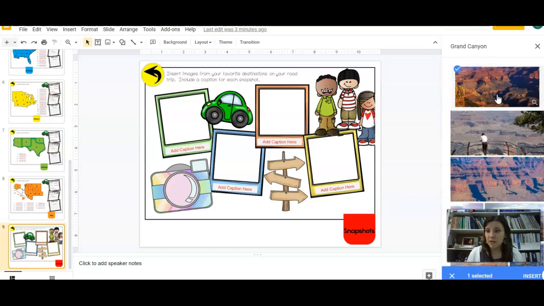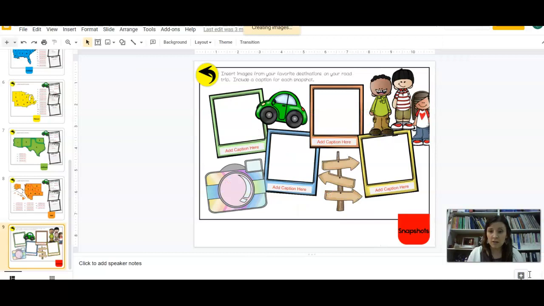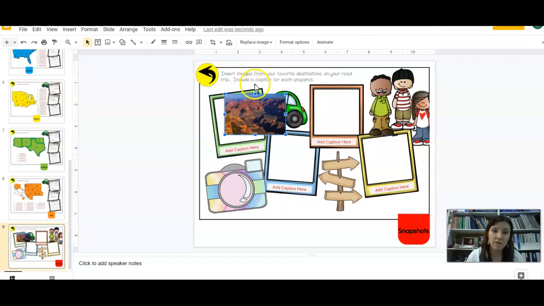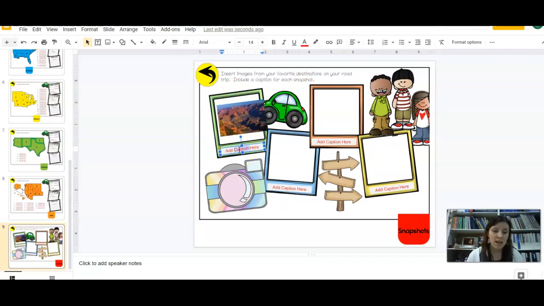We'll say I just like this one first. So it check marks it for me, and then I come down here and hit insert, and then it inserts the picture for me. Now notice it has these blue squares all around it. That's where I can then adjust my picture. If I want to turn the picture slightly, I'm going to rotate it like so and just resize it so that it fits into the little picture area. And then for my caption, I would say